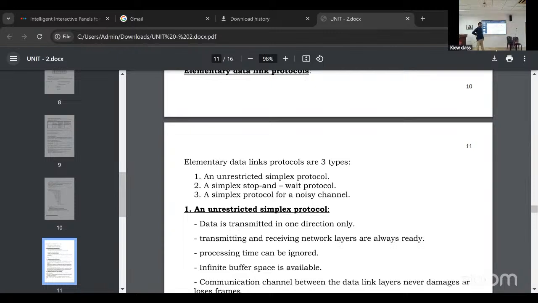What is FDM? Frequency division multiplexing. What is TDM? Time division multiplexing.